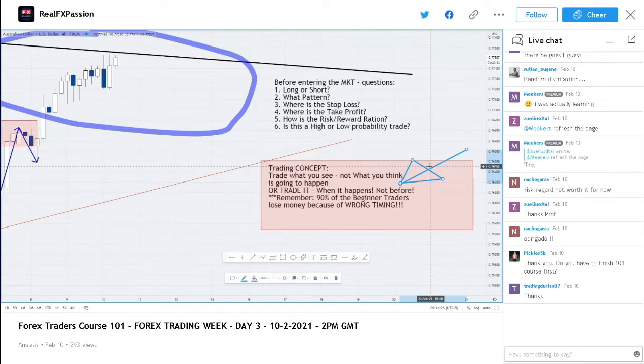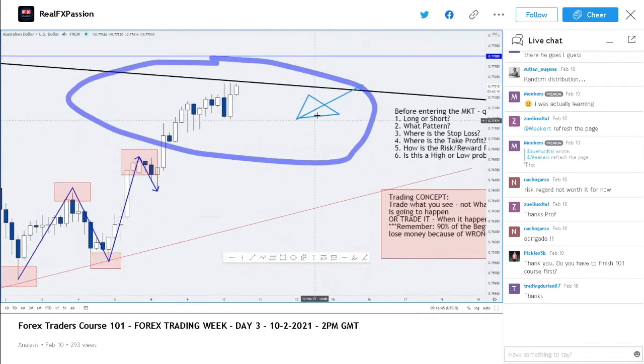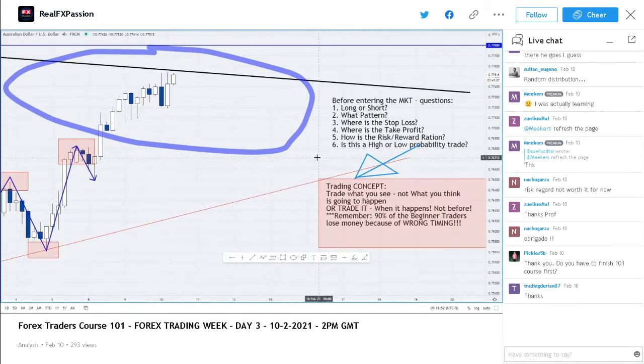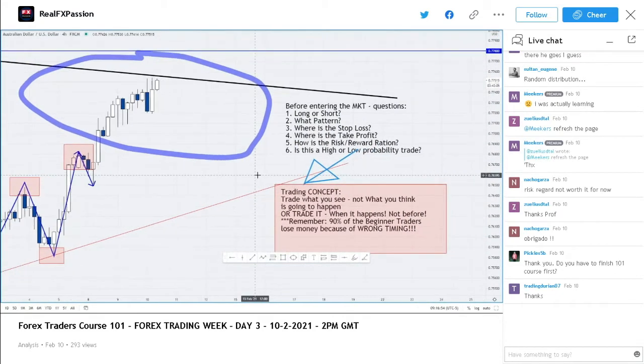Find a professional trader, somebody who is trading for a living in an institution, not Jean Paulo from his garage, and ask him or her, like Jane or John, how do you trade? Do you trade what you see, or are you entering the market based on what you think is going to happen? Make sense, everybody, or am I talking nonsense?